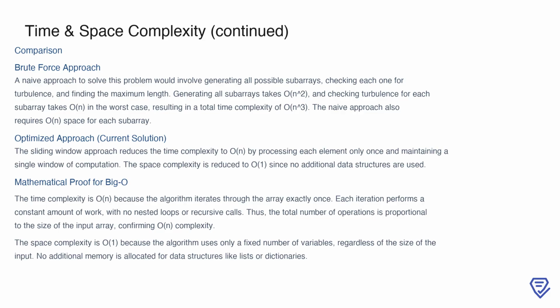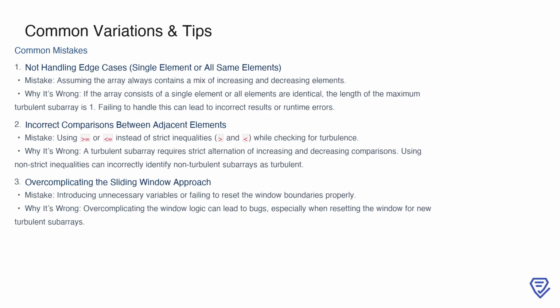space efficiency. When solving the longest turbulent subarray problem, there are a few common mistakes to watch out for. First, not handling edge cases properly can lead to incorrect results. For instance, if the array contains only one element or all the elements are identical, the maximum turbulent subarray length is simply 1. Assuming the array always has a mix of increasing and decreasing elements can cause your solution to